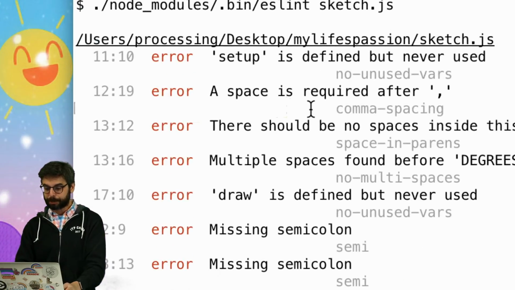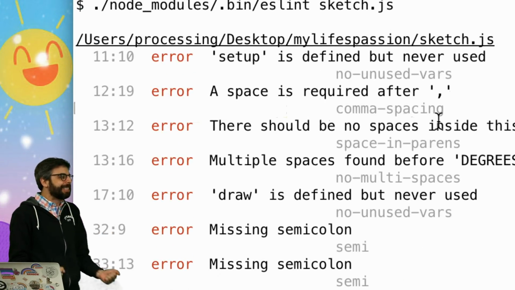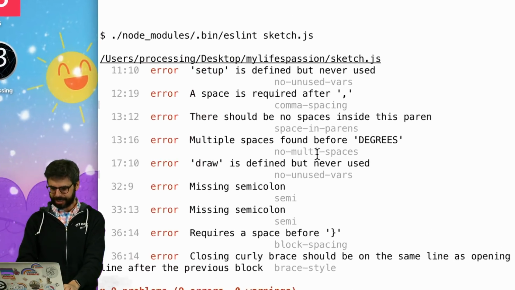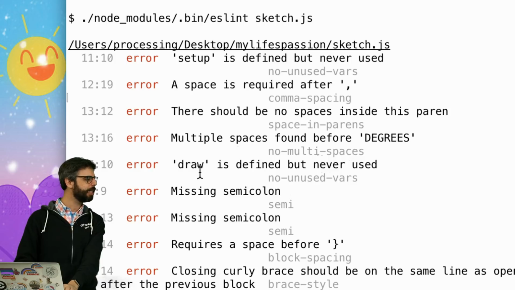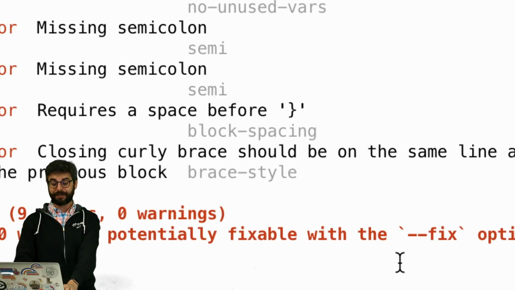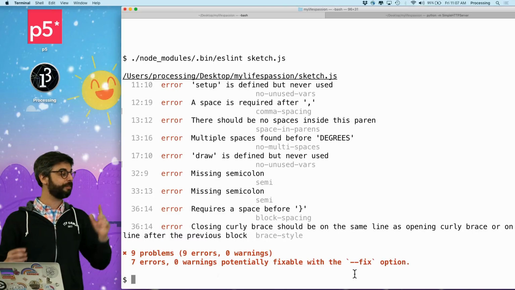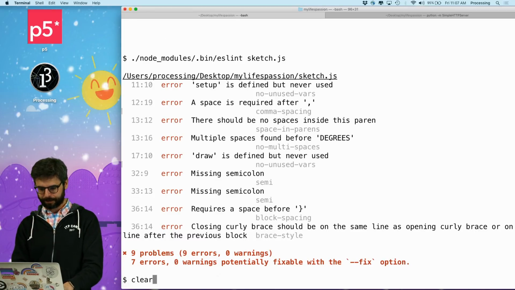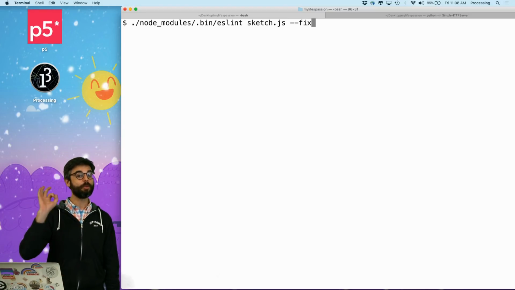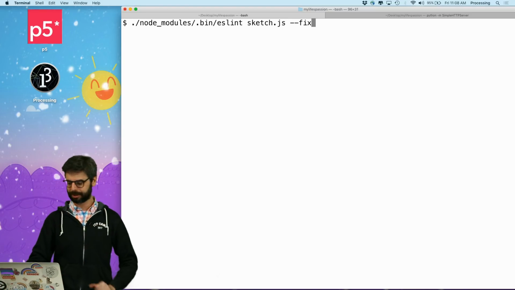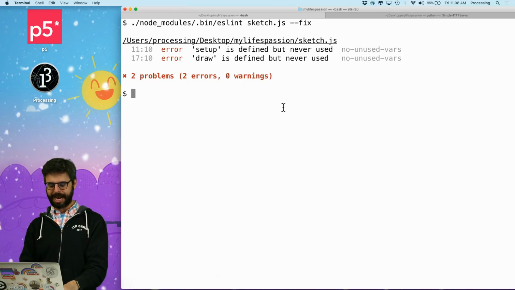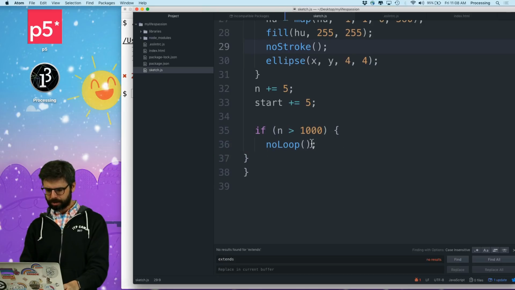So look, a space is required after the comma. Yes, yes it is. There should be spaces inside these parentheses, multiple spaces found before degrees. So this is wonderful. And look at this. It's saying potentially fixable with the dash fix option. So in theory, I should be able to now run this again with dash fix, and it will actually fix some of those style errors. So look at that. It didn't find any errors anymore. And if I go back to the code,